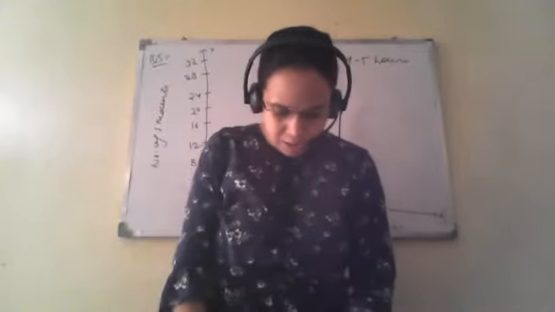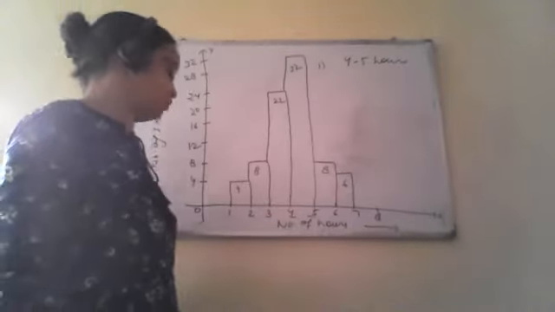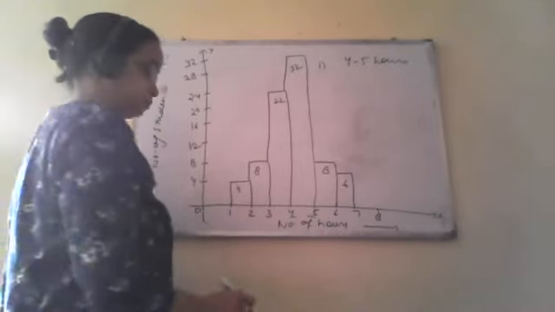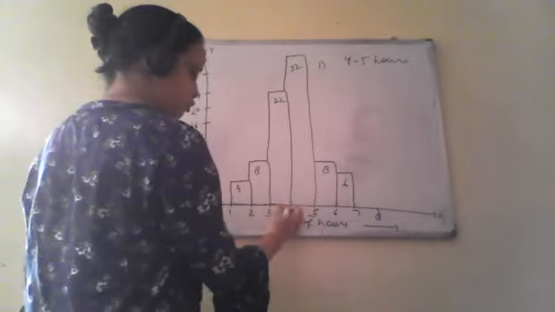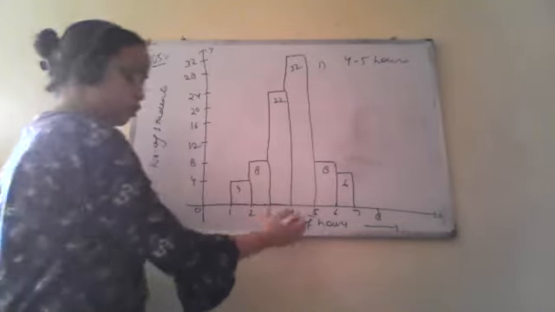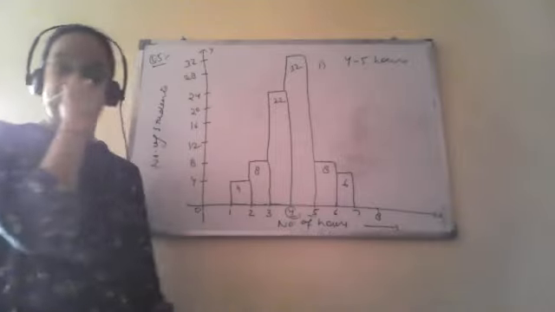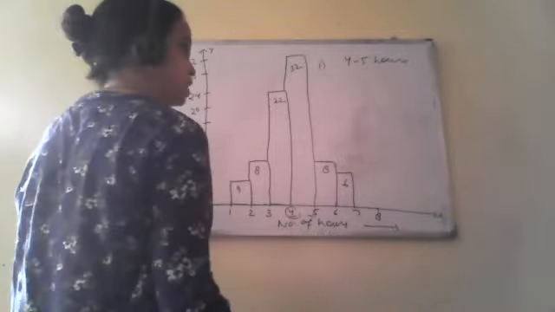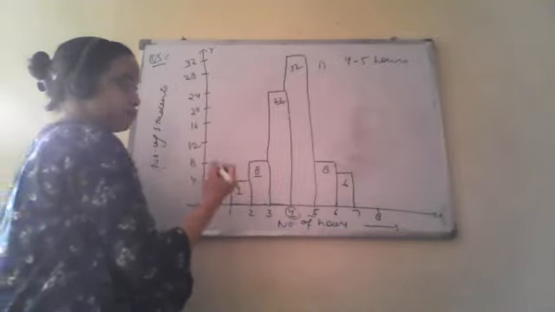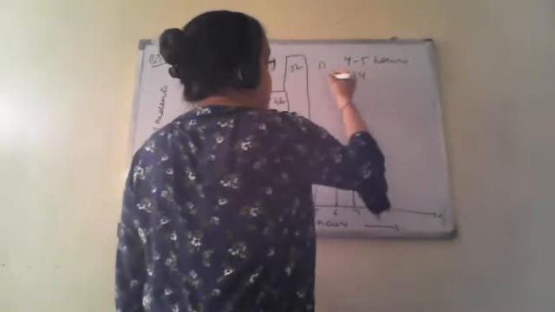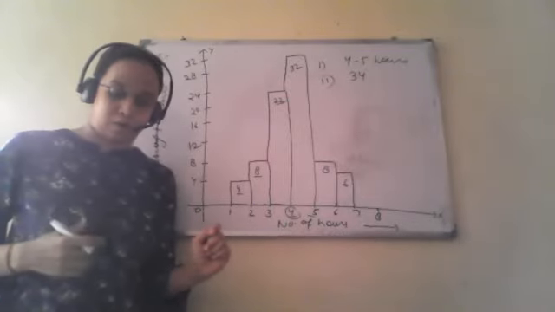Clear? Next is how many students watch TV for less than 4 hours. So who have watched TV less than 4 hours. So we have to take this 1 to 2 hours, 2 to 3 and 3 to 4. We are taking this interval 3 to 4 because 4 is the upper limit, and in the last video I told you this upper limit we will never include. Okay, this will come in the next interval. So how many students are there? This is 22 plus 8, 30, plus 4, 34. So 34 students have watched television for less than 4 hours. Clear?